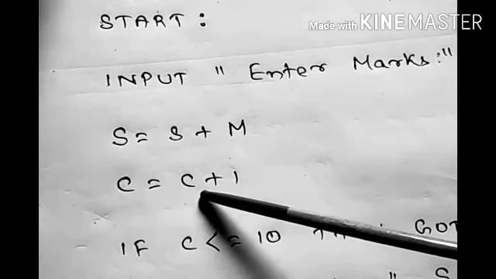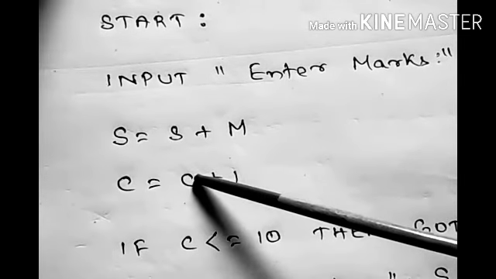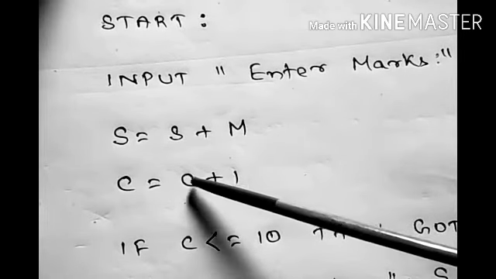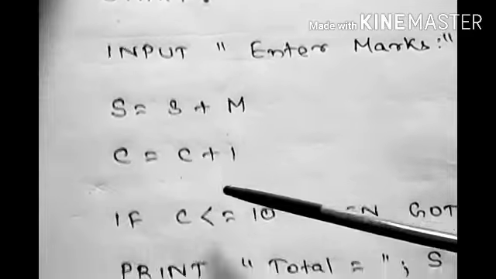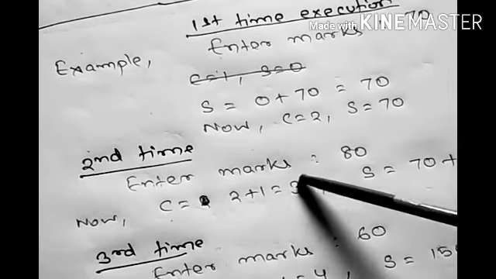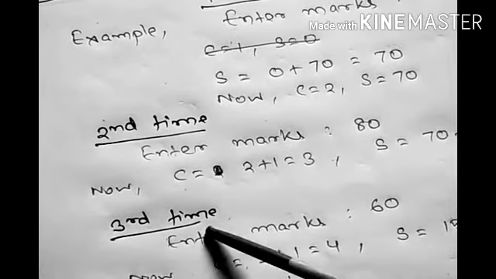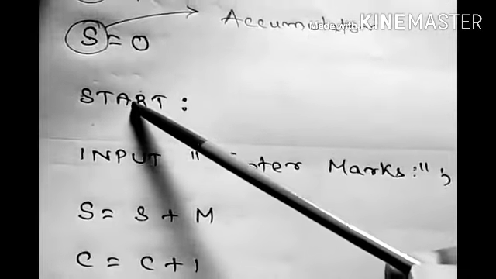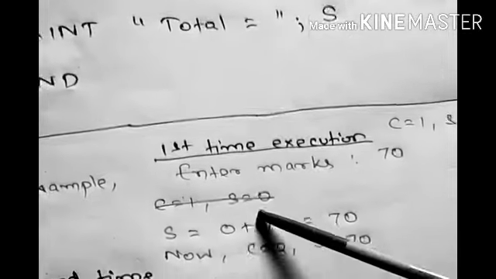So we are heading towards our third execution, so the value of C, that is the counter, should be incremented by 1 again. So now C is 2, 2 plus 1 equals 3. Now C will be updated with 3. That means we are going towards the third execution, because here 3 is less than or equal to 10, true. As it is satisfied, again it will go to the start label, and again it will start these 3 lines. Likewise it will go on.